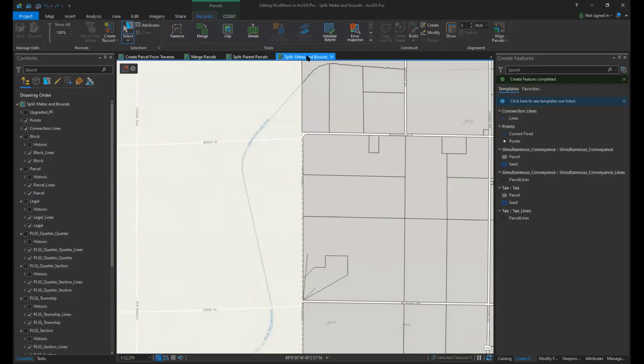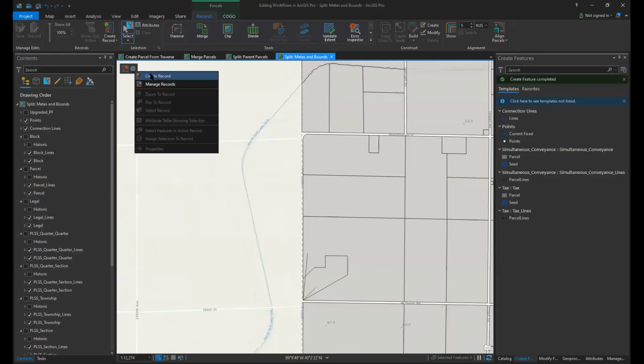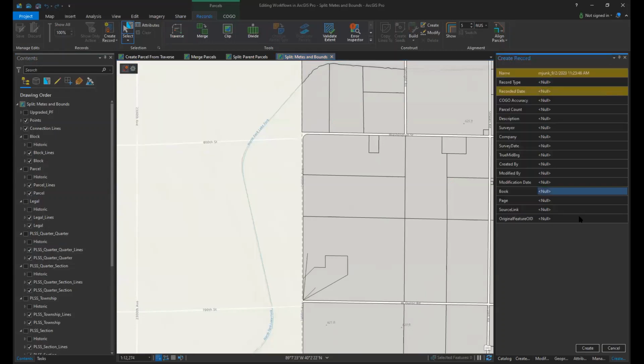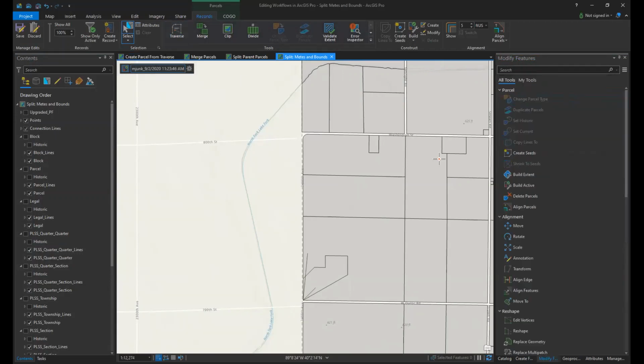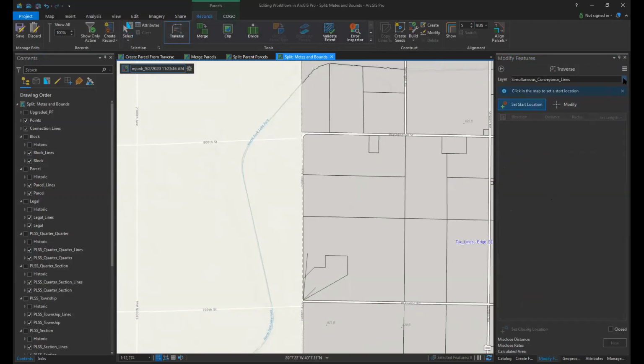The final workflow for today is splitting a parcel using metes and bounds. Once again, the first step is to create the parcel record, give it a name, and add in the attributes from the legal document. And the heads-up display will show this record as the active record. Next, we'll use the Traverse tool. And we'll choose the layer that our lines will go to, set the start location in the map,